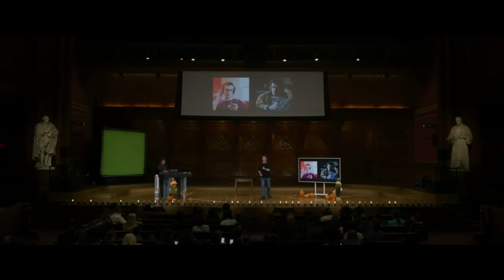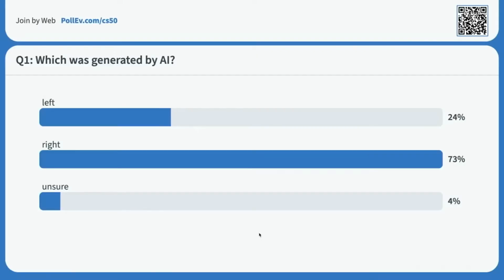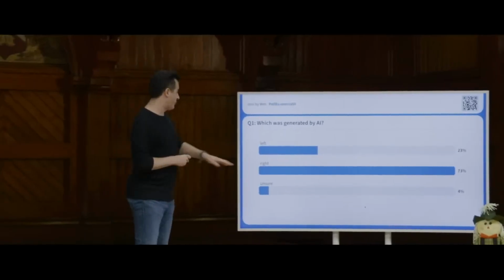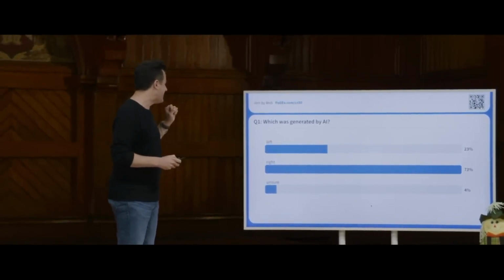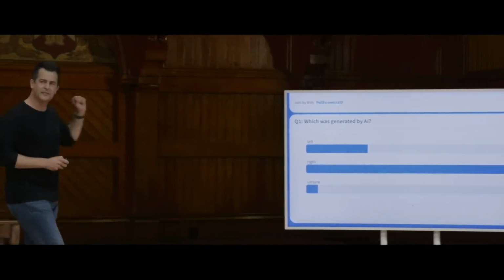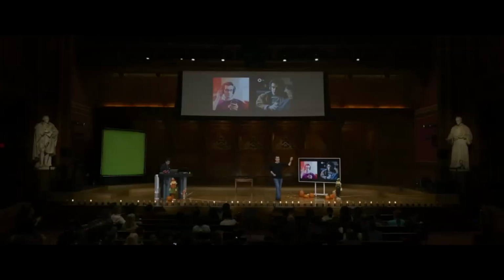Here are 2 images. And my question for you is, which of these 2 images, left or right, was generated by AI? Which of these 2 was generated by AI, left or right? And I think, Rongxin, we can flip over and see as the responses start to come in. So far, we're about 20% saying left, 70+% saying right, 3%, 4% comfortably admitting unsure, and that's fine. Let's wait for a few more responses to come in, though I think the right-hand folks have it. And let's go ahead and flip back and see what the solution is. In this case, it was, in fact, the right-hand side that was AI generated.